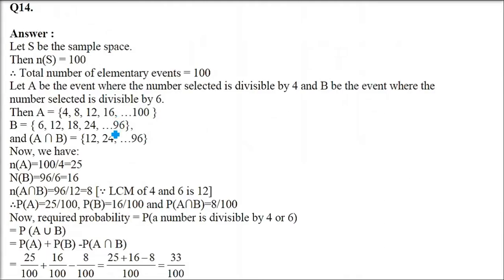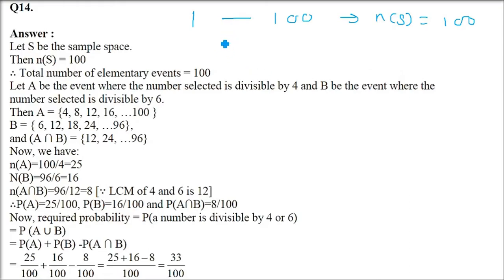Now 14th question. One number is chosen from numbers 1 to 100. Find the probability that it is divisible by 4 or 6. Now if you see, we have just done question number 10, which is 1 to 500, where we had to find the numbers divisible by 3 or 5. So same thing here, exactly the same. So 1 to 100 are the numbers. So the total number of cases is 100. The number of elements in the sample space will be 100. This will come in the denominator for finding the probability.